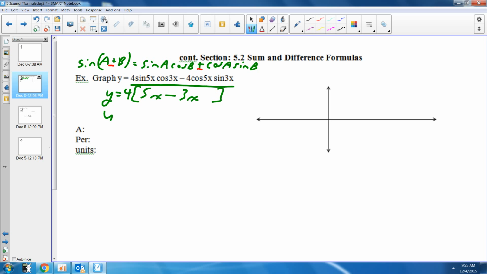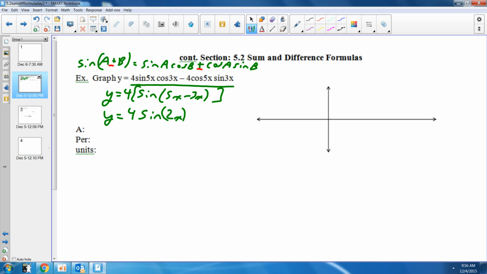So y is equal to 4 times, I messed up there, this is actually 4 times the sine of 5x minus 3x. And so this is going to equal 4 sine of 2x,